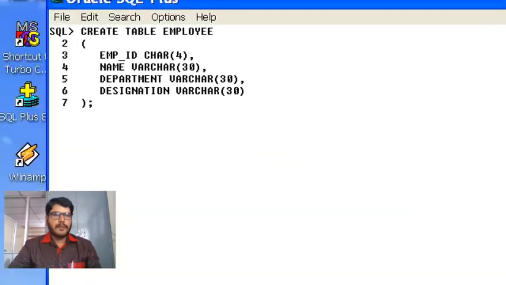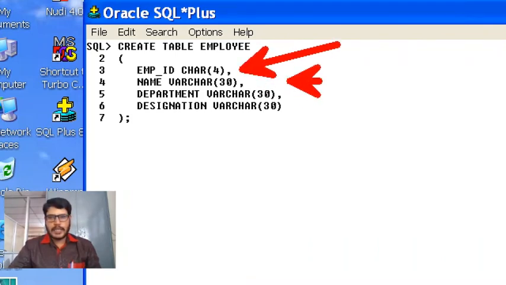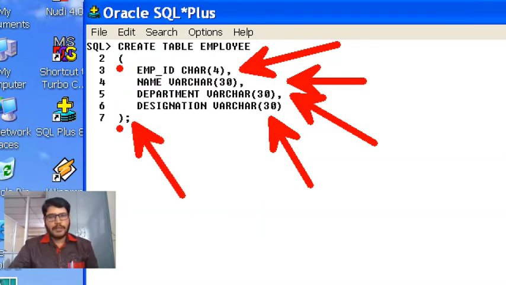Now you can see here, we have specified the first column definition, second column definition, third column definition, and fourth column definition. And after specifying the fourth column definition, I have not introduced comma. Suppose if I specify comma, then I have to specify one more column definition. So that is what the syntax says. And after this, we have to close this parenthesis which I have opened here, that I need to close in this particular position. And after this, I have to end the statement by using a semicolon. So that's why I have used the semicolon in this position.